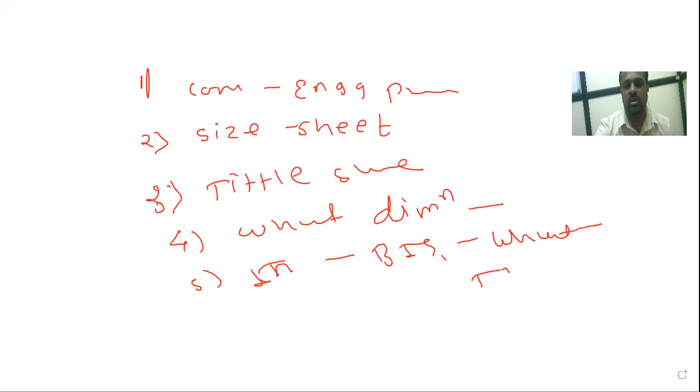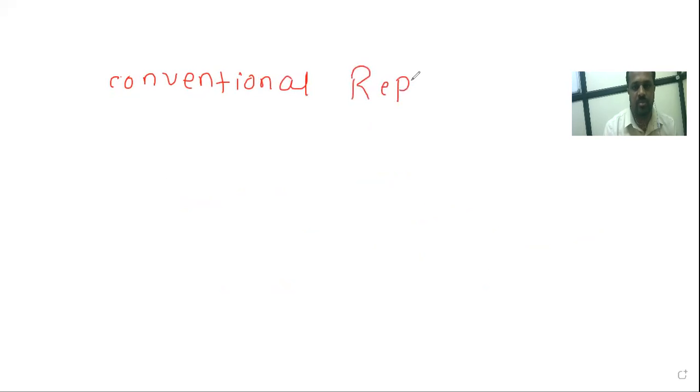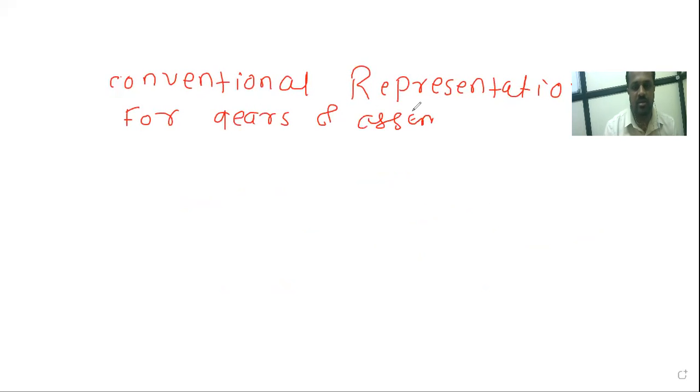Our today's agenda is, in this lecture we will try to cover the conventional representation for gears and gear assembly. Before starting the conventional representation for the gears, first of all